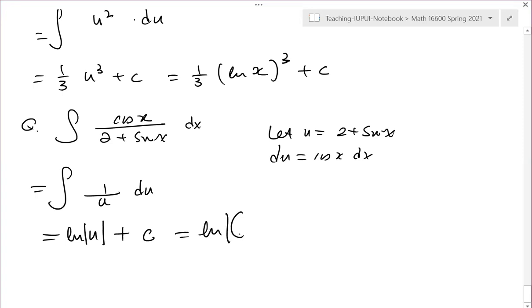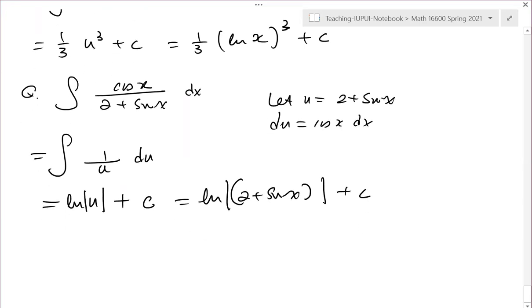Later on, probably I have to remove the absolute value because this is a positive quantity. If I put the 1/2, then I have to put the absolute value there. Okay, so that is the answer. Now,